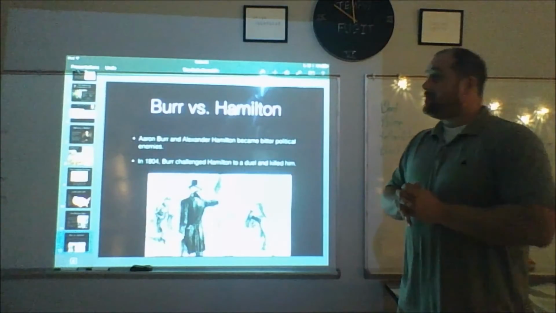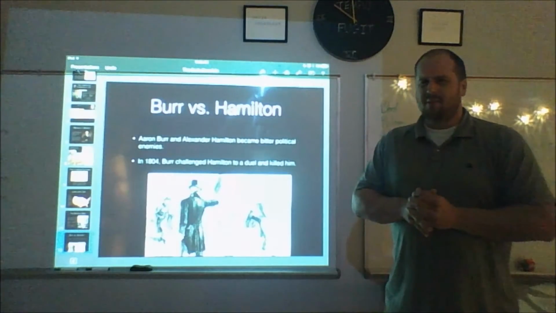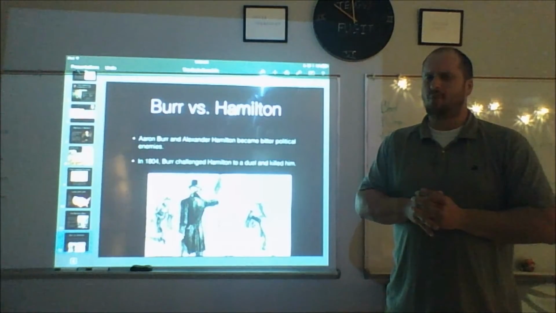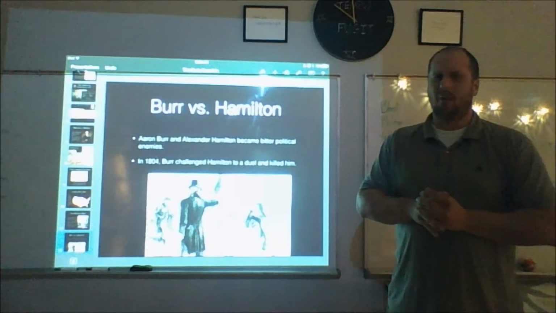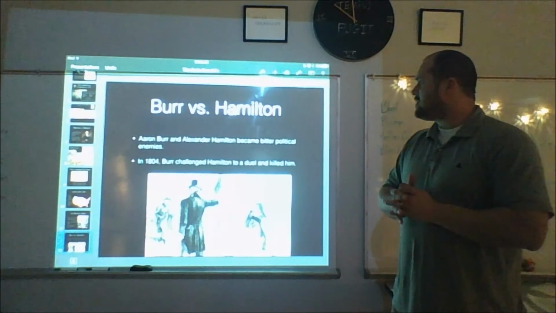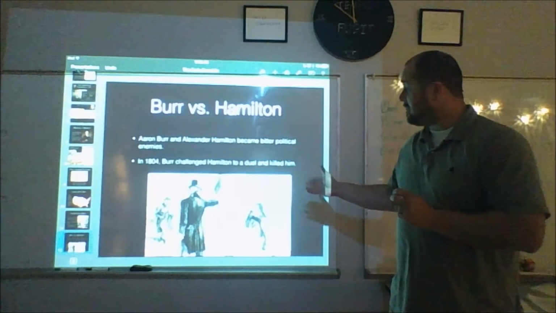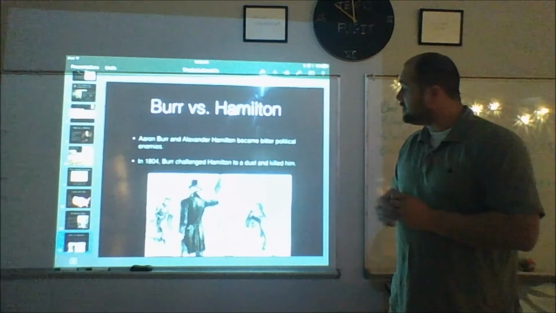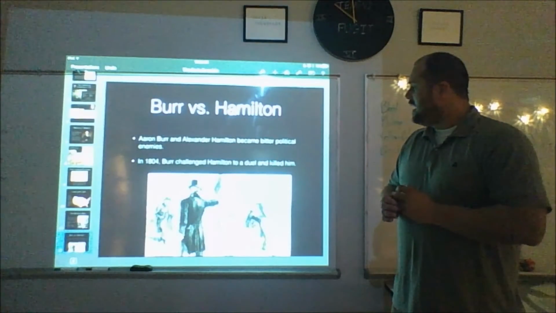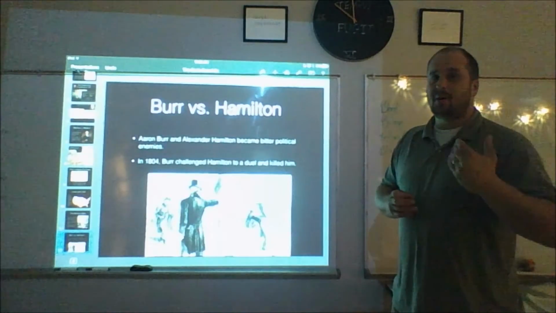Well, even though Jefferson and Burr don't like each other, Burr ends up getting into it with Hamilton. One thing about Aaron Burr, he is ambitious, ruthless, cynical, and completely amoral. He is a creature who loves power. When Burr runs against Jefferson for president, Hamilton supports Jefferson over Burr. Burr resents this, and they begin a nasty series of letters to each other, which culminate in Burr calling Hamilton